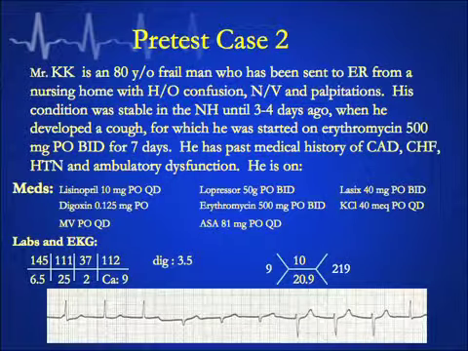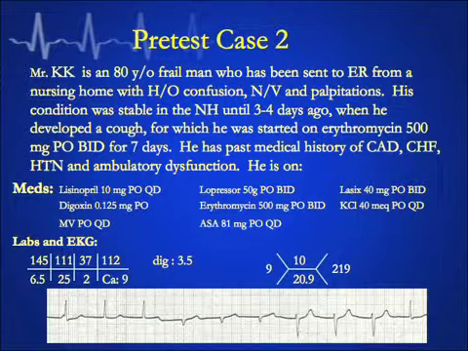There is another pre-test case. Mr. KK, this is not Kalashnikov, okay, KK something else, is an 80-year-old frail male who has been sent to the emergency room from a nursing home with history of confusion, nausea, vomiting, and palpitation. His condition was stable in the nursing home until 3 to 4 days ago, when he developed cough, for which he was started on erythromycin 500 milligram PO BID for 7 days. He has past medical history of CAD, CHF, hypertension, and ambulatory dysfunction. He is on these medications currently, and this is the